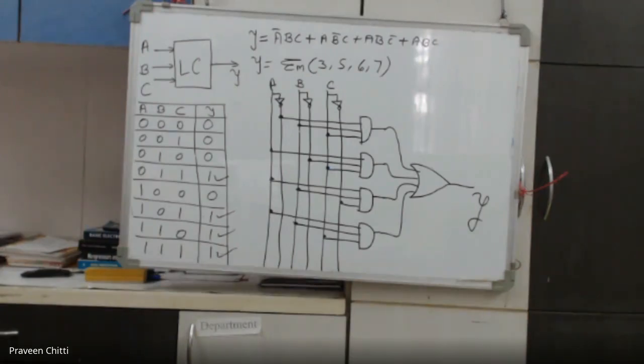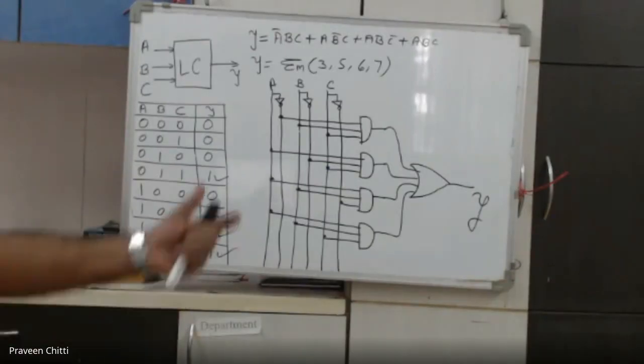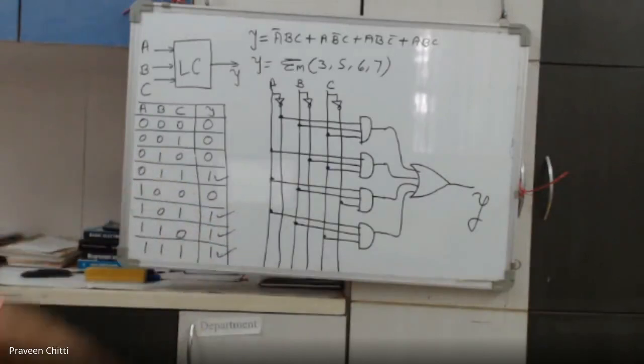So any doubts here? All of you understood this? Yes, sir. So that is how we have to do the designing of the digital circuits, the combinational circuit. When we do the designing, normally we'll be writing the truth table, getting the Boolean expression, and that will be implemented, right?